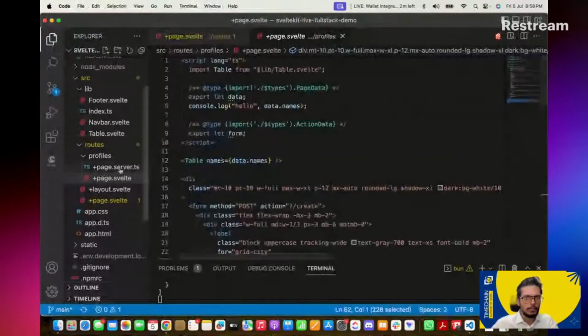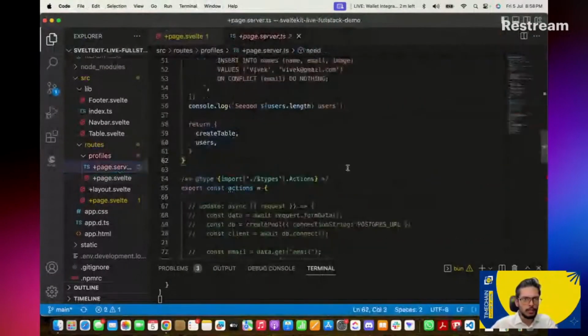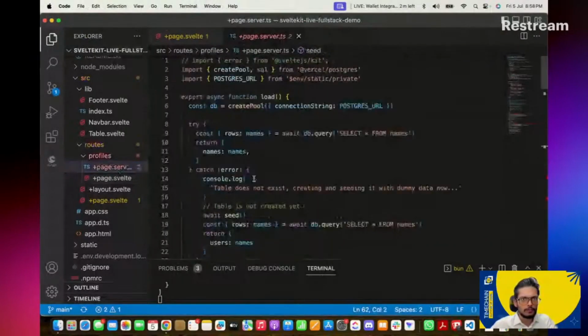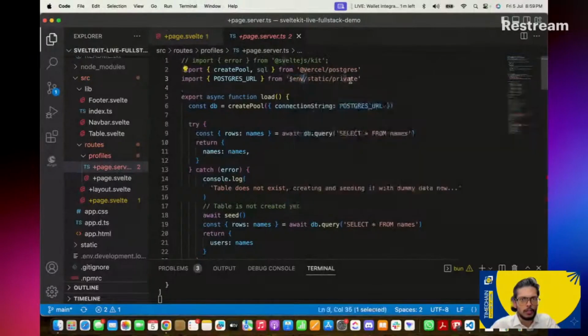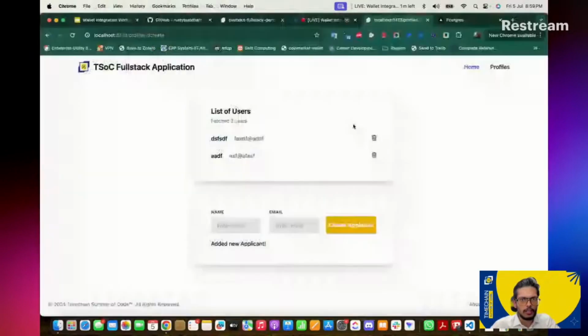Now the only thing you have not understood is the page.server.ts file. Let's quickly go through this. That's where we are establishing the database connection. This code is only running on the server, so it has access to the environment variables, which are private environment variables that only the server code has access to. That's why we have imported $env/static/private. So in SvelteKit,